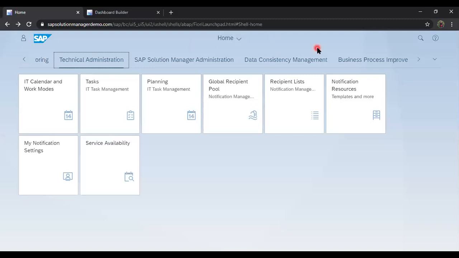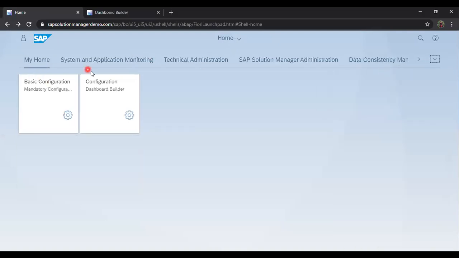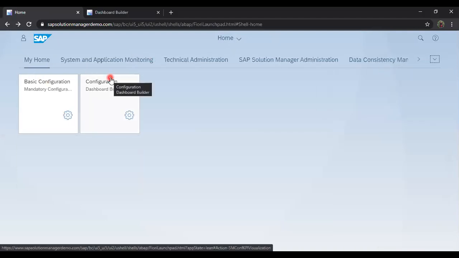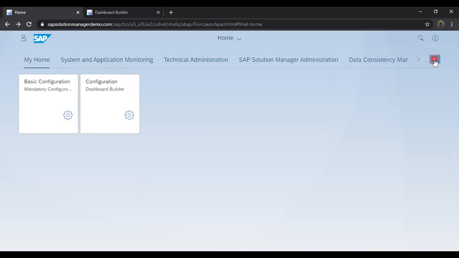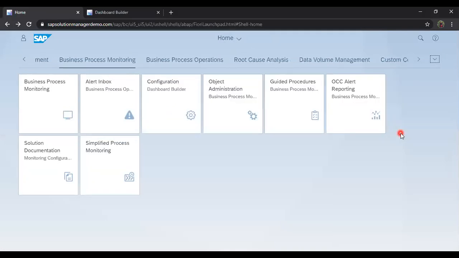नॉर्मली हम स्टार्टिंग से जाते हैं और मैं अपने होम पेज पर हूँ फिलहाल वर्क सेंटर के। And now I'm switching to business process monitoring style to check dashboard builder options. So now I'm just going to business process monitoring. Here in business process monitoring,